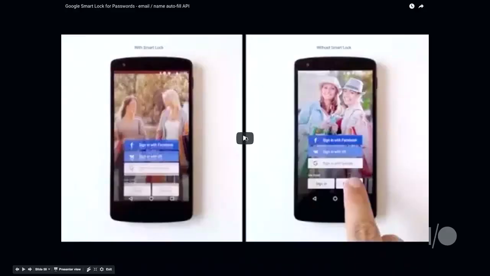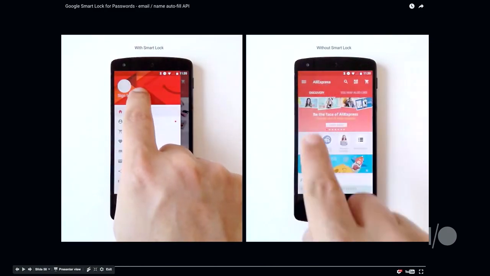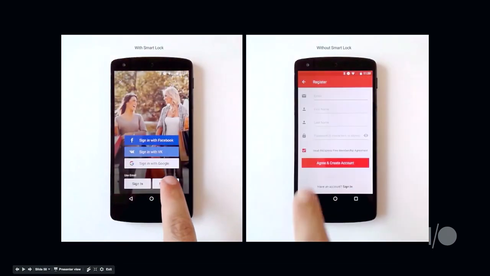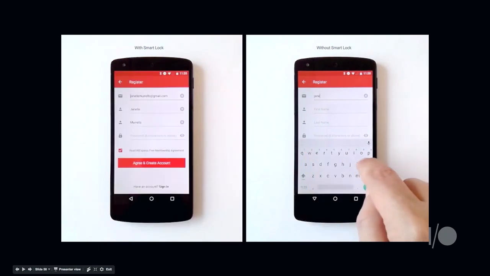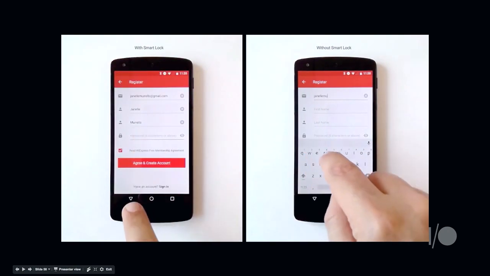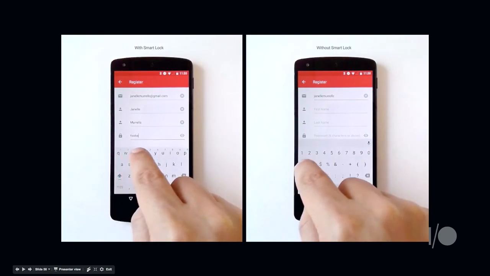They've even gone as far as offering to create an account without a password, one-tap account creation, which we'll look at more closely. And so for an example here, let's play the video, and we'll see the assisted sign-up experience. So on the left, we have Alibaba's Express app, user registering with email. Now the dialog is being shown through the Smart Lock API that allows the user to one-tap, fill the name, the email address, and then just have to create a password.